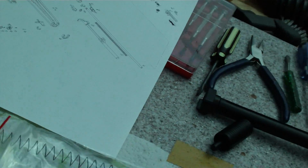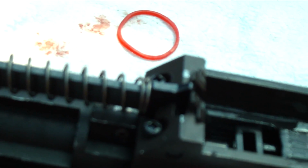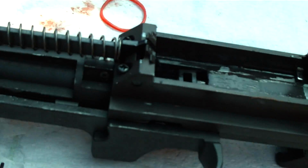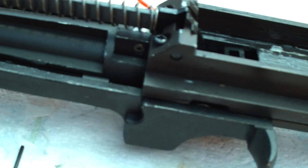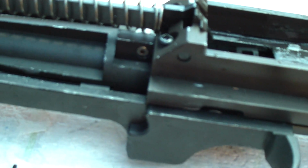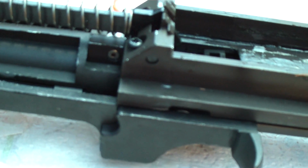And also, I wanted to point out on the manual here, as far as the hop-up, it looks like the hop-up arm itself looks exactly like a High Capa hop-up arm. I don't think it's called the V-hop, I think that's the VSR, but it looks just like the High Capa gas blowback pistol hop-up arm. So again, I'm seeing some very good potential here for upgradability and accuracy tuning,